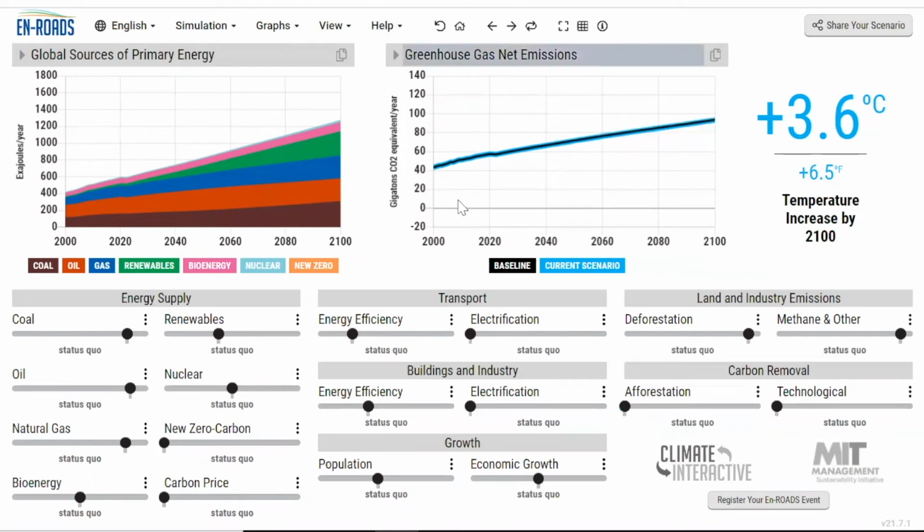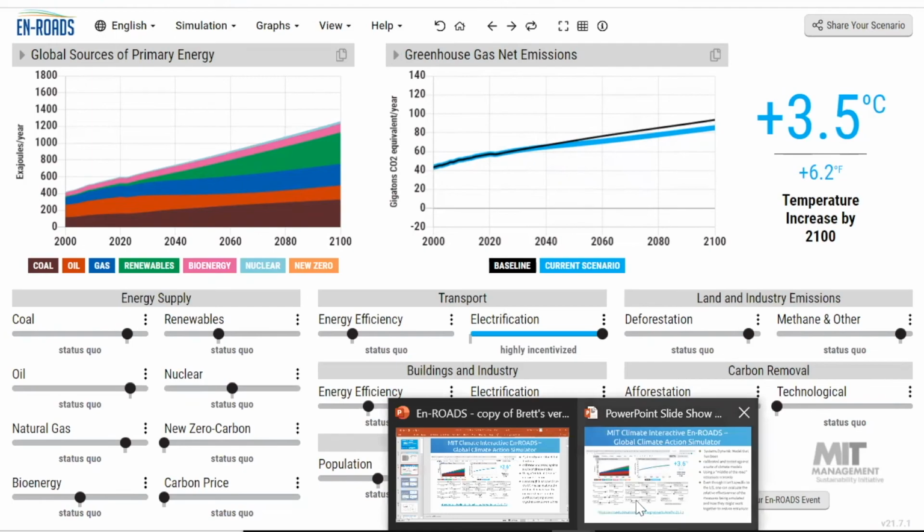So let's move our lever back to ground zero and take a look at another effort that we could try. We could try to improve our infrastructure and put policies in place that incentivize electrifying our transportation system. We know that electric engines are much more energy efficient than the internal combustion engine, so it's really a logical thing to do. And what would happen if we were to do that? Well, our emissions would come down and our average global temperature would also come down by about 0.3 degrees Fahrenheit. Now, again, another good measure, but by itself, it's not going to be quite enough.